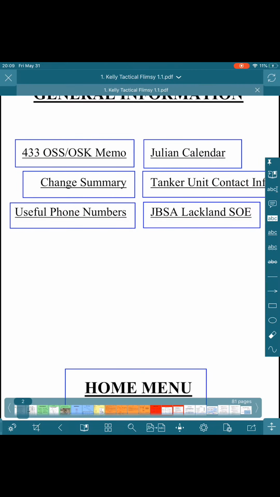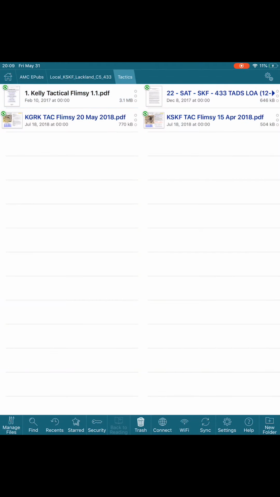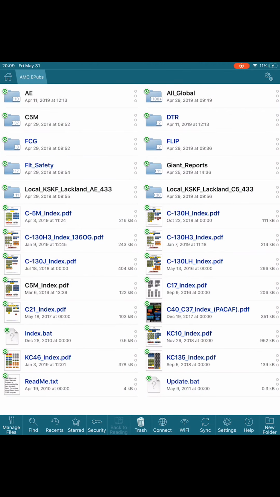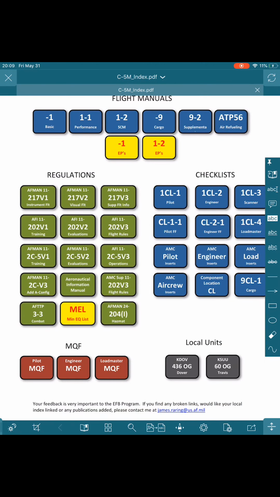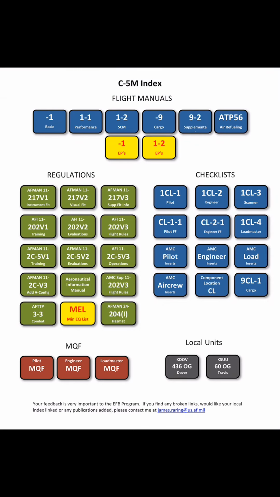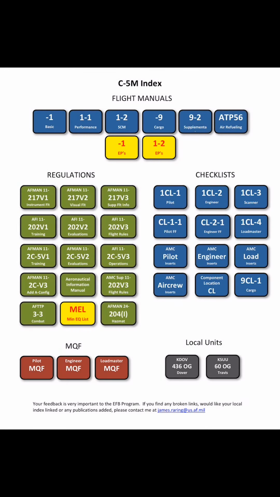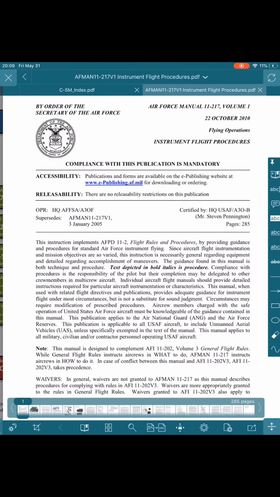Again, if you're at a thing, you click on the middle button and it'll bring up all the dialogues and you can hit exit out here. Use the top tabs. If you go over to the C5 index page, you can see most of the documents that you would like to use. All the Vol 1, 2, and 3s for some reason don't work right now, but the documents are still there. So for example, if you're going to go to 217,